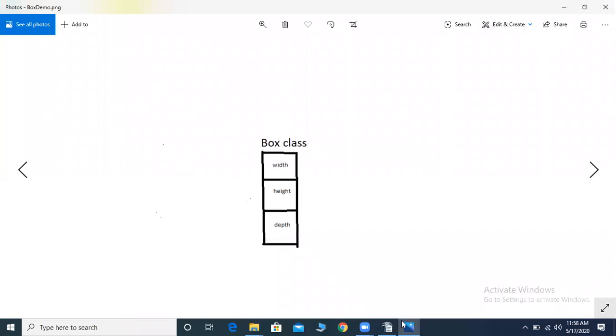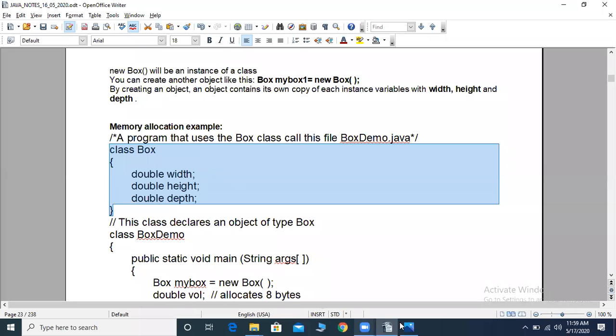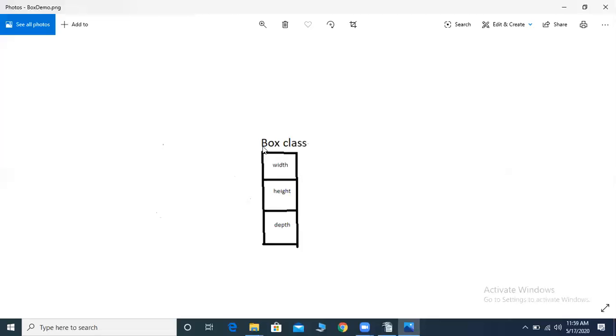See, when it comes to the tracing part of the program, you can just note down this. So for the box class, you note down this. This indicates no memory is allocated. We just have the class with these data members, that is variables without memory. If we don't have any memory, then we cannot assign any value. So you copy this much for the box class. Later we will see about the object. So just the box class with data members width, height, and depth.